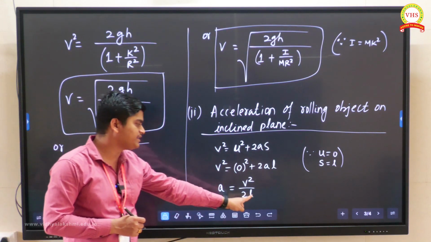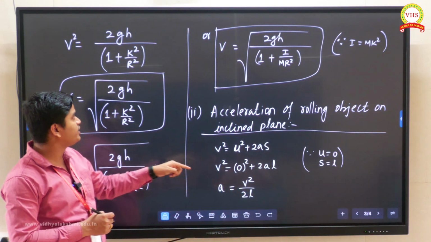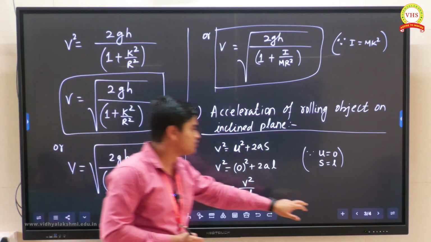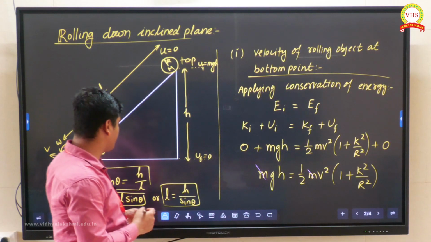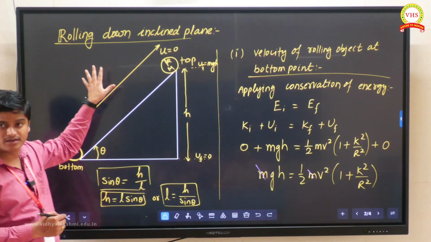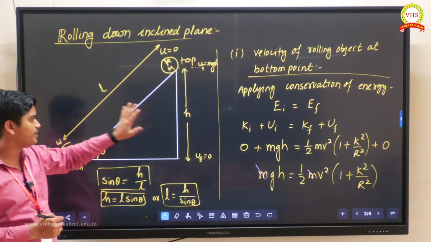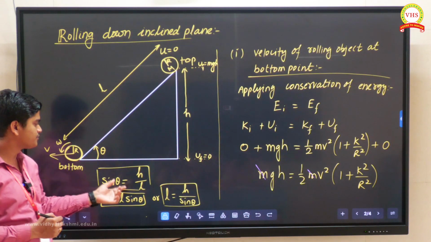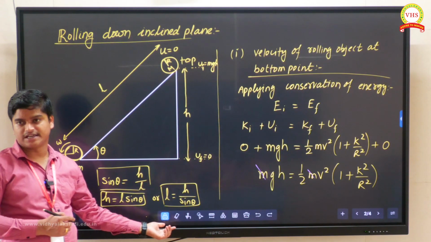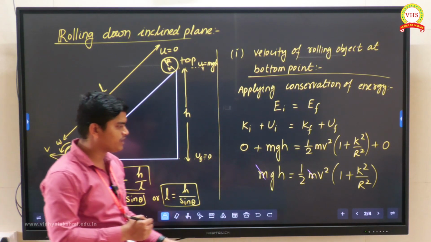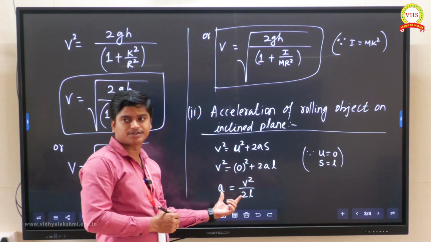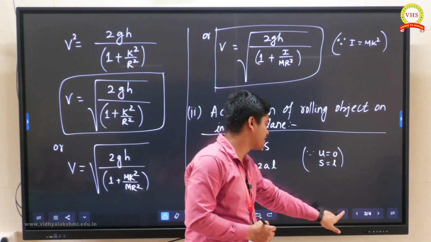But remember here L is there, and there is a relation between L, h and sine theta. Already we have derived it here. So if we substitute that also, we will get it correctly. So here you can check sine theta equal to h by L, that is p by h, or perpendicular by hypotenuse. Now h equals L sine theta, or L equals h by sine theta. So if you want to keep L, you keep, or if you want to remove L, you remove L, and you try to calculate acceleration here. Yes. So let's do it on the next page.